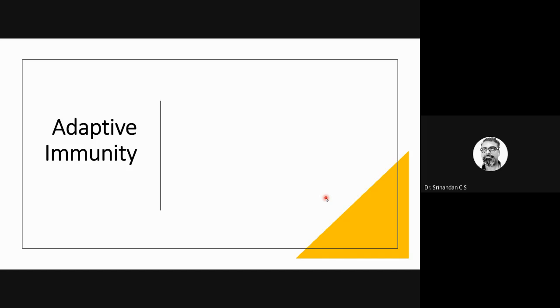One is the innate, which is natural from the birth, like the skin, tears and those things which I told previously, the mucus, all these things. Adaptive immunity has some features which are four important characteristics. Okay,